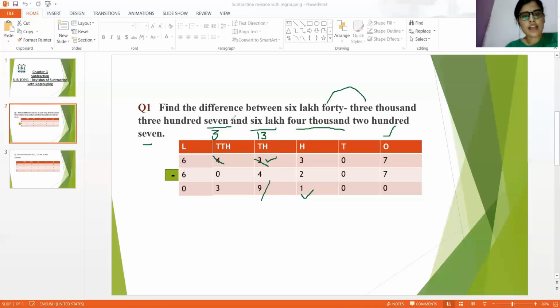And at 10,000 place, we can see we have 3 and we have 0. So if we take away 0 from 3, then we are left with only 3. So we will write here 3. Now at lakhs place, we can see we have 6 and 6. So 6 minus 6 is what? 0. So number what we will get after subtraction from